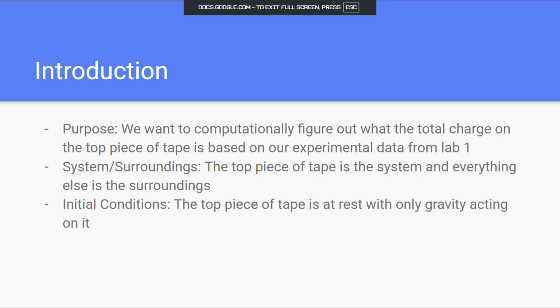So the purpose of this lab is we want to computationally figure out what the total charge on the top piece of tape is using our experimental data from lab number one. The system in this lab is the top piece of tape, and the surroundings is everything else, including the earth and the bottom piece of tape. The initial conditions are the top piece of tape is at rest, and the only force acting on it is